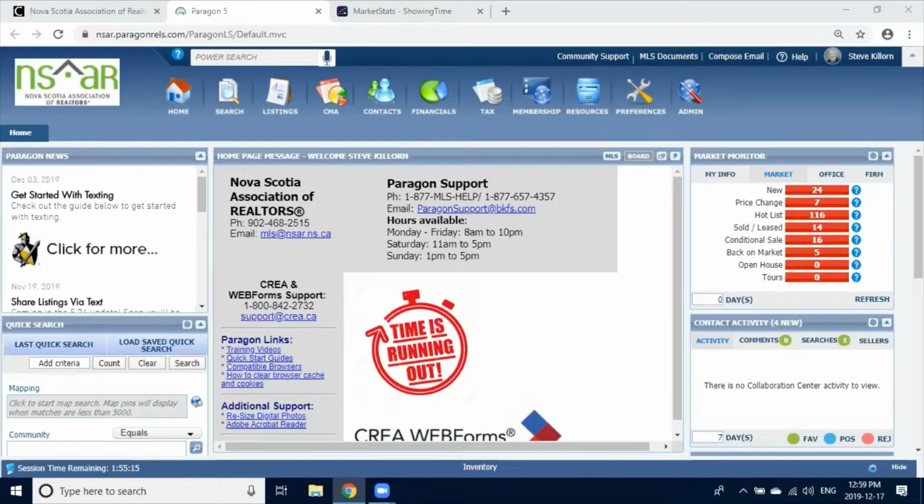So today I'm going to go through the new Webforms 219, but also, if you're not aware, I'm going to show you a few handy-dandy tricks